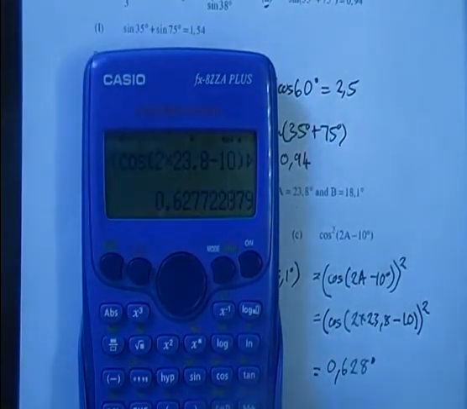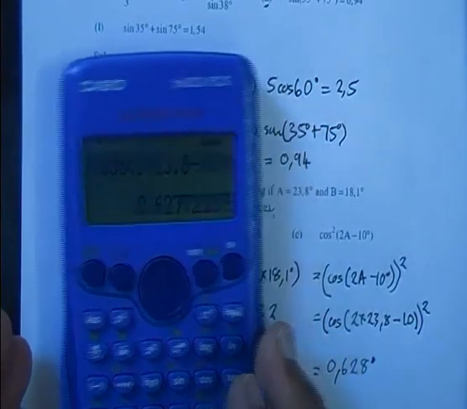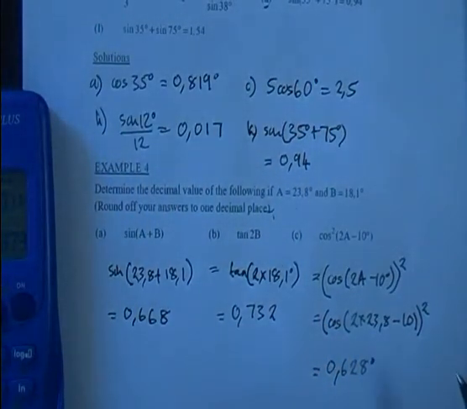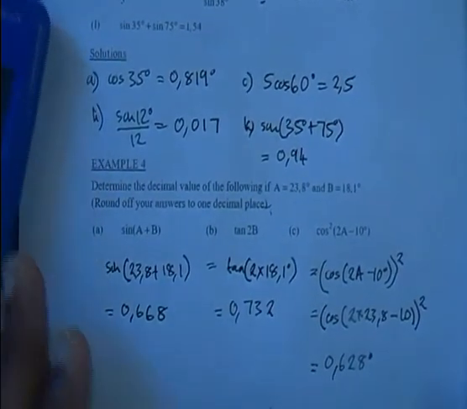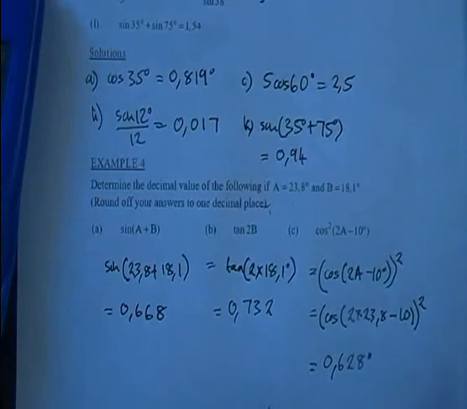Okay, so basically that's how you calculate your trig ratios using your calculator. There's some exercises on page 5 in your module notes. Please do that exercise. It's very simple, and if you can, send the answers to me via WhatsApp,